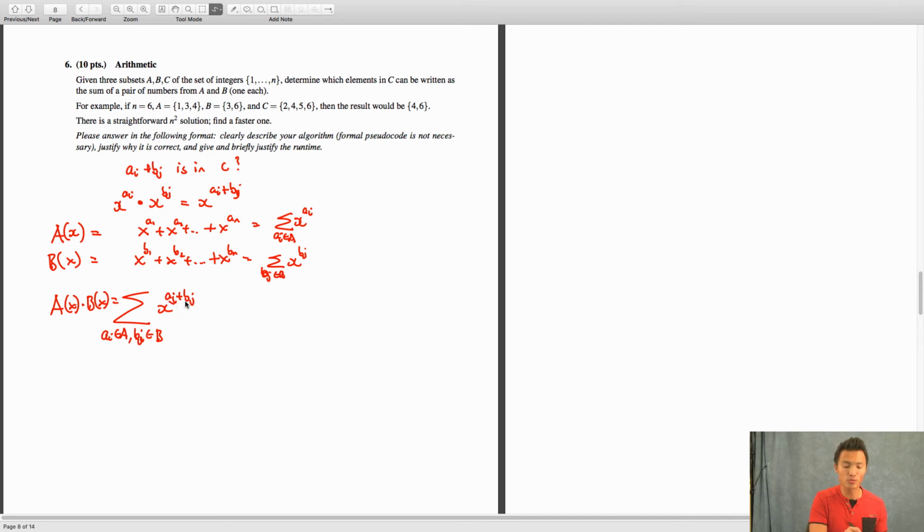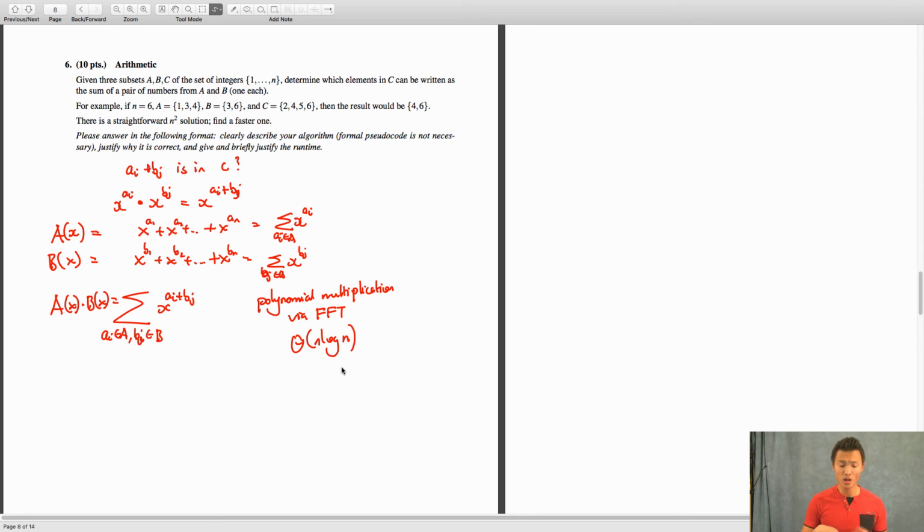Okay, now that I have this, I can take all the non-zero coefficient terms of the power and check whether this power term is in C or not, right? Because these terms contain all the possible combinations of adding them together due to polynomial multiplication. So I can just take each non-zero coefficient term and check whether it's in C. If it is, I keep it in my set, otherwise I won't. And if we do polynomial multiplication via FFT, the fast Fourier transform,